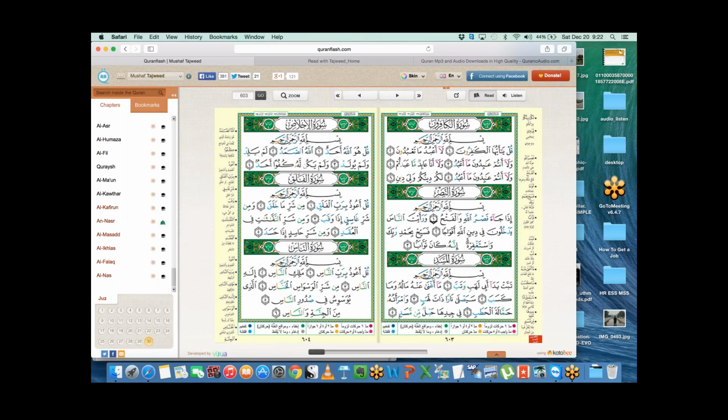Because inshallah, eventually we're going to look at the meanings of each of these letters. So you will be able to tell, when you're reading without referencing the translation, what each word means. So in this case, قُلْ أَعُوذُ بِرَبِّ النَّاسِ.